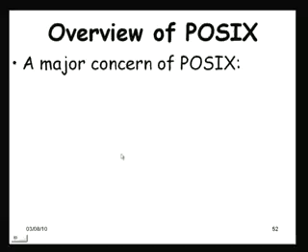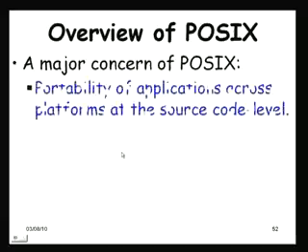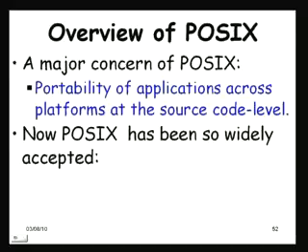Anyway, let us proceed with our discussion. The major concern for POSIX was portability of applications across platforms at the source code level, because at that time the different versions of Unix manufactured by different vendors were such that an application written by a programmer would not work on another Unix, and considerable rework was necessary. So the concern is that an application written on one platform should work on another platform, at least at the source code level,